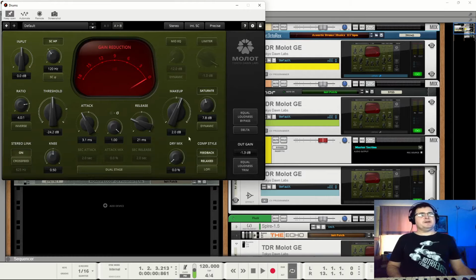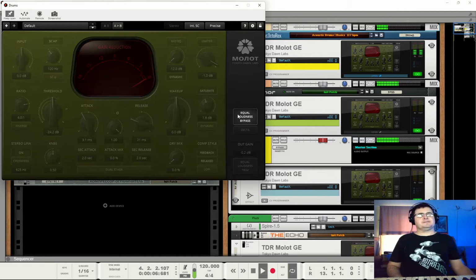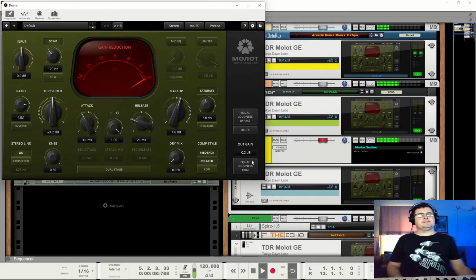Here's where I can use my equal loudness. If I just get rid of that. So it's just saying, okay, whatever we've got coming in, we'll match it going out. And that will depend on what it's hearing, so you will get different results every time.